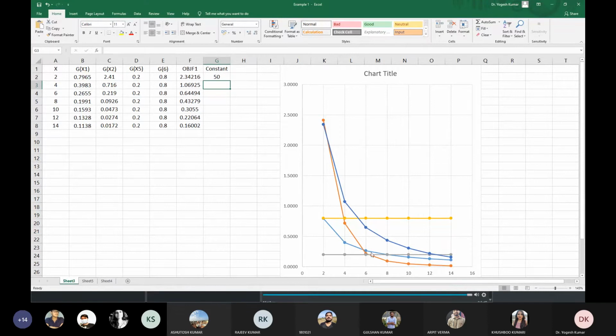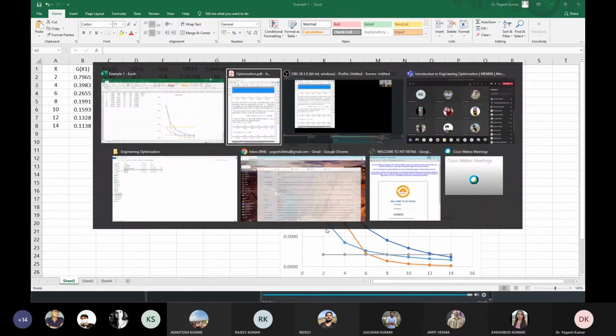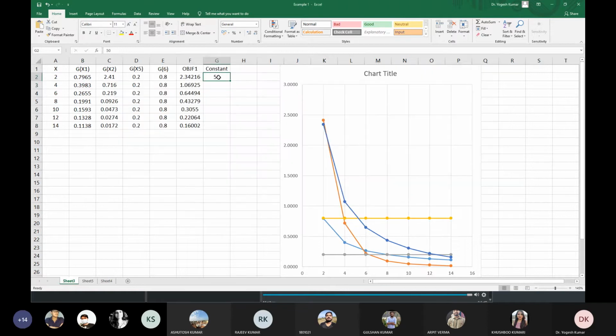because at this optimum point there should be no free point available to any one side of your objective function. Okay, so if we are considering this objective function, there should be no free point available to this side of your objective function. Okay, so now let us try the next value, which is 40.